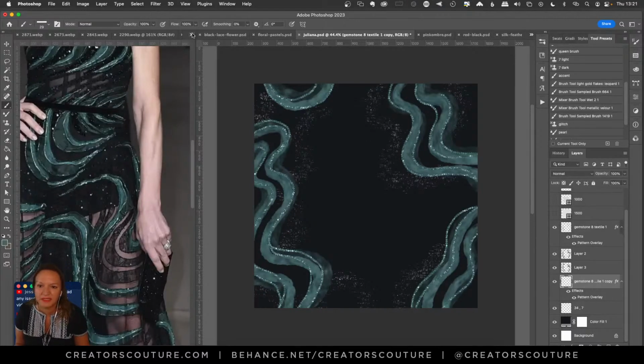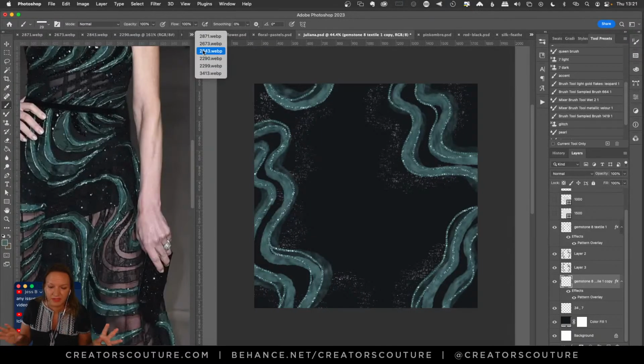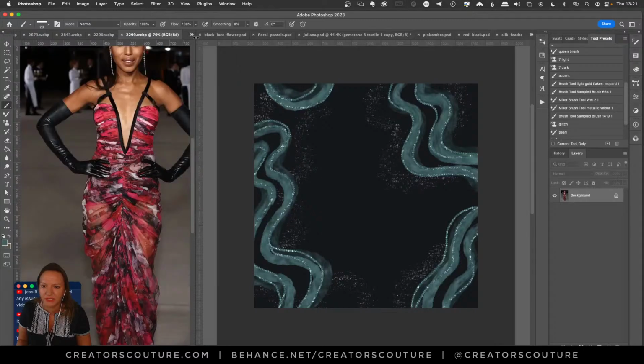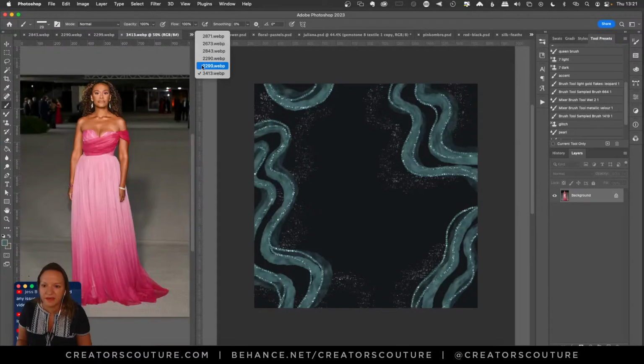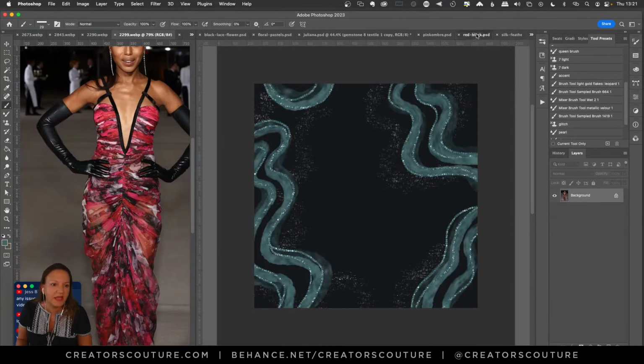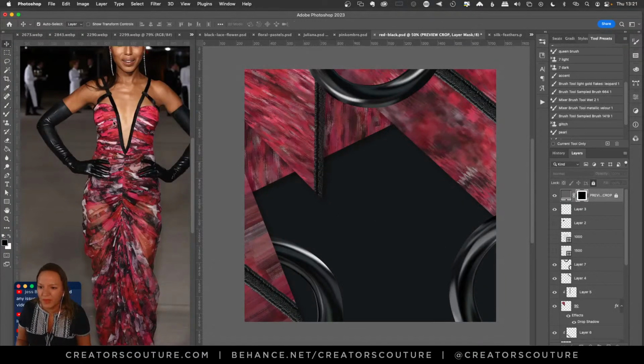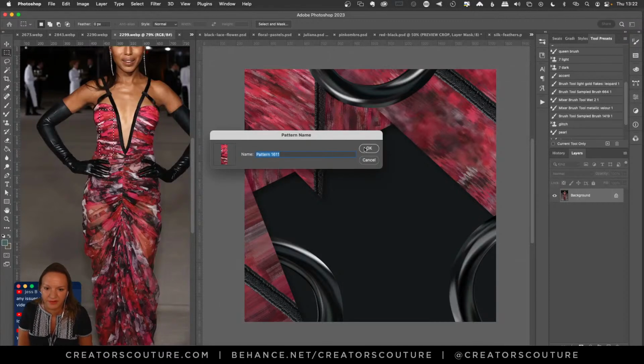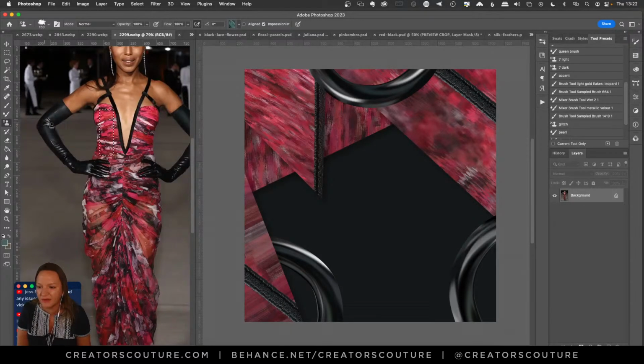So I keep looking at these as challenges, like how can I, between all of my collections, all of my layer styles, all of my brushes, I pretty much don't have to do almost anything from scratch anymore. I've got a really good range of different brushes. And for this one, of course, when I see a pattern like this, I love it because with any of my multicolor brushes, I can just sample right from this image. So I'm going to create a square. I'm going to go to Edit, Define Pattern, and click OK. And now I can just have fun with this.